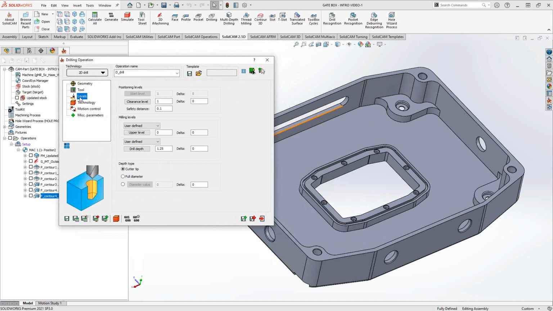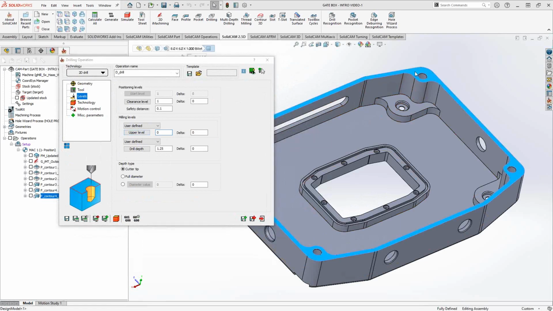Let's go to levels. The levels control in drilling is very similar to what you would find in the pocketing or profiling video. It has a few differences that are helpful for drilling. The first is under upper level, we always have user defined. I can highlight this 0, click on that top face to get that associativity, but I can also set it to updated stock. What the updated stock is referring to is the stock as a result of all